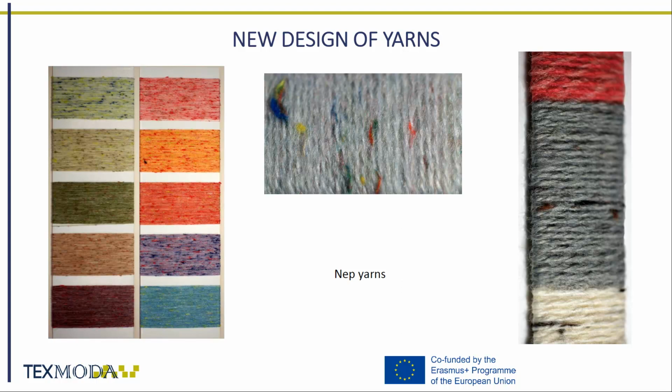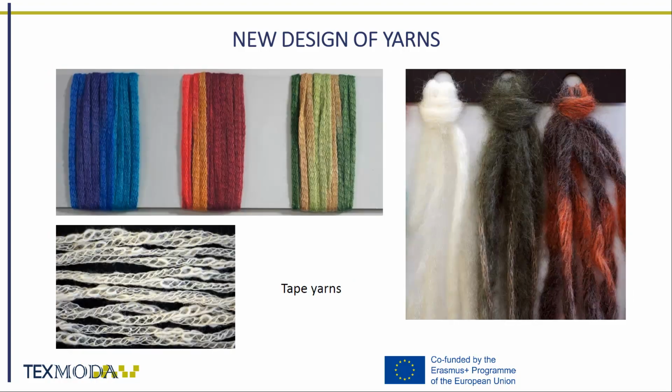Fancy yarns with nap or flag effects have a unique structure. They are made using different kind, length, or color material together with the main material. A mixing of different fibers mostly is prepared in carding machines. Tape yarns are made using braiding, warp, or weft knitting. Nowadays, this group of fancy yarns is very popular.